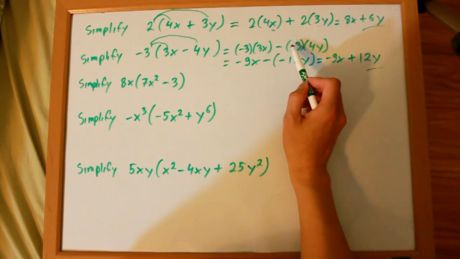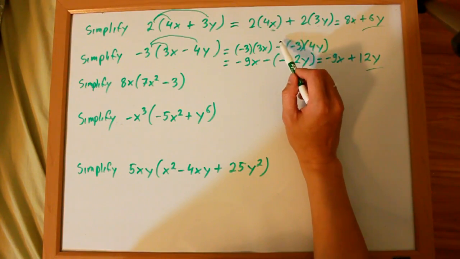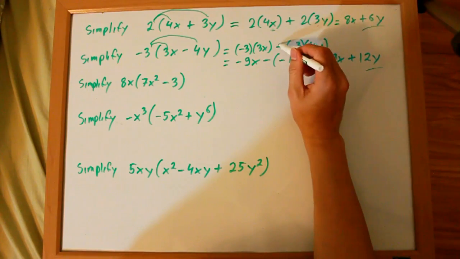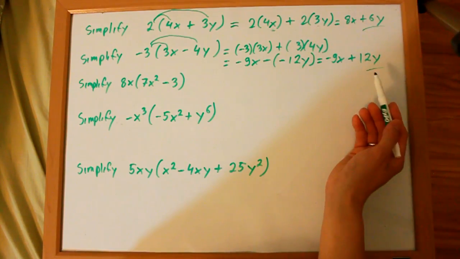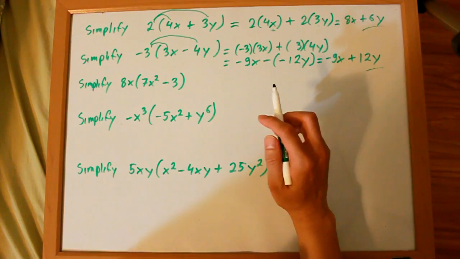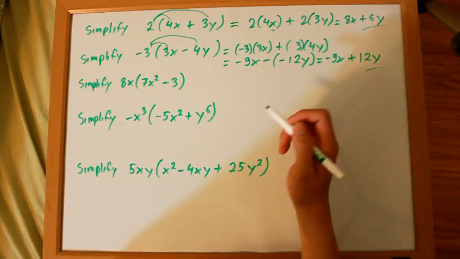So you could entirely skip this step right here and just turn this into a positive, and you'll get the same answer. But I don't want to be skipping any small steps here so that you can see why it's the way it is. So next problem,